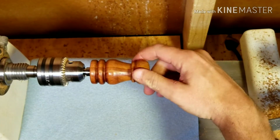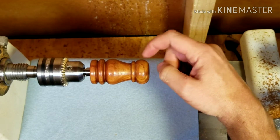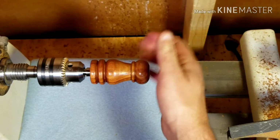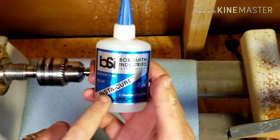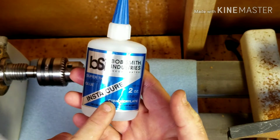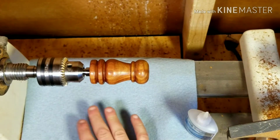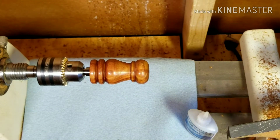The next thing we're going to do is apply a really good finish, because this will probably be in the refrigerator or be handled a lot. So we're going to do a CA glue finish. For that, I use this thin CA glue, which is just super glue. The workstation is already covered. I'm going to lower